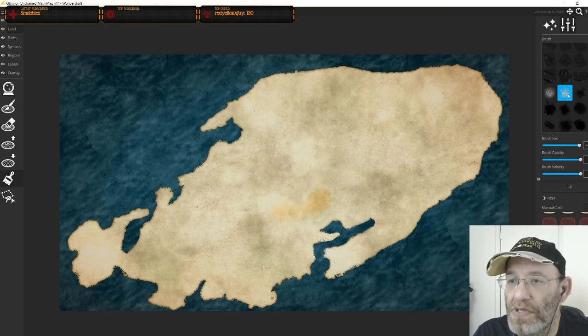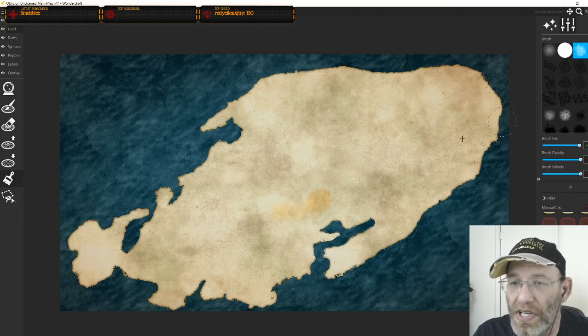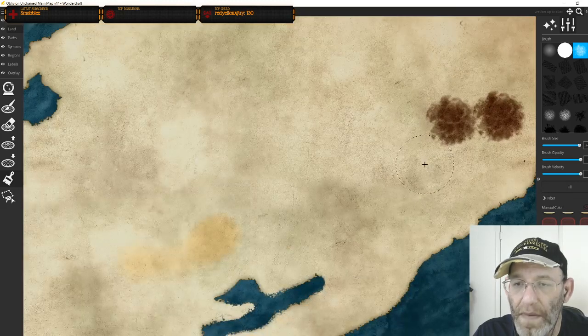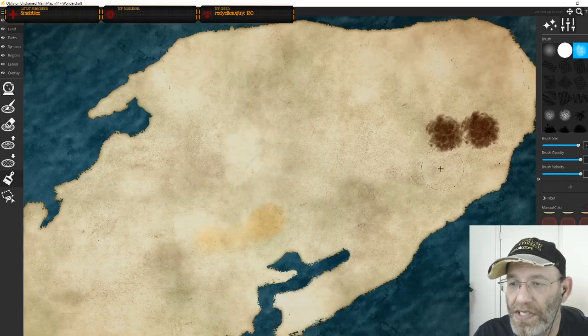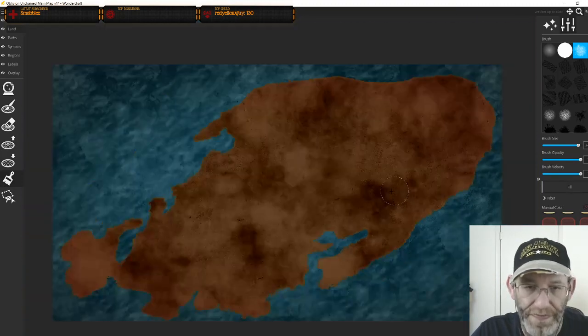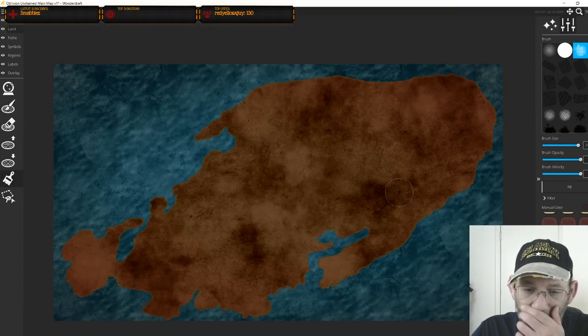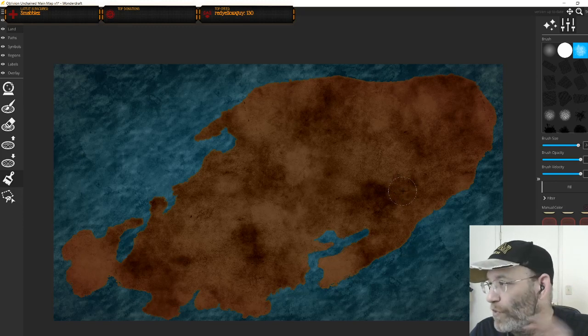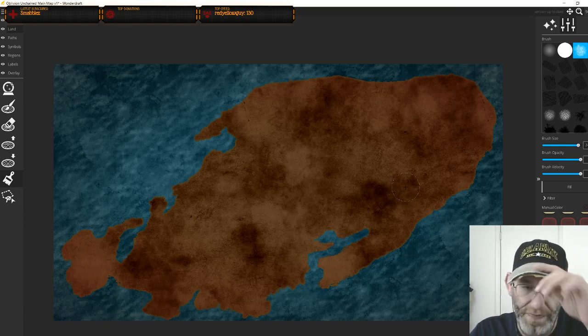I tend to use the cloud one, only because I feel like it. You can do this, fill. So now all of our land is filled in with the color that we want to start with, and then